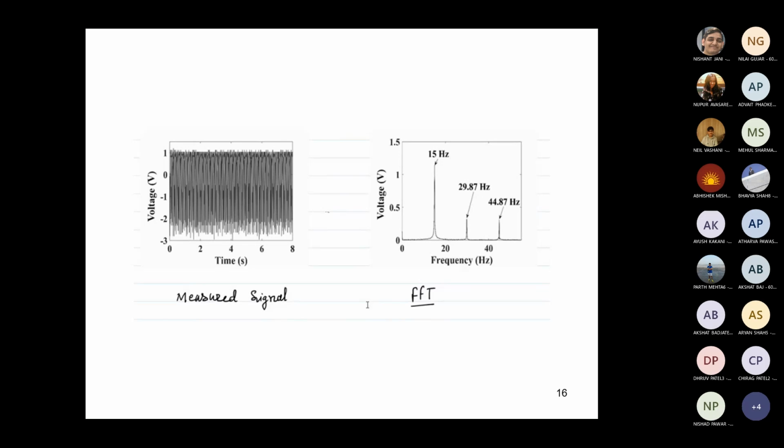For example, when you start your ceiling fan, the ceiling fan doesn't go immediately to the maximum speed. It starts from 0 and goes to maximum. Somewhere in between, it will pass through its fundamental frequencies, first, second, third, and so on and so forth. So when the signal is transmitted from